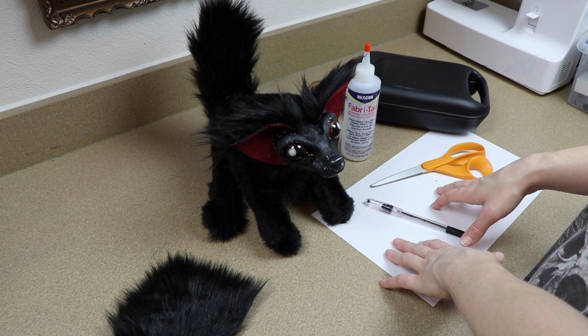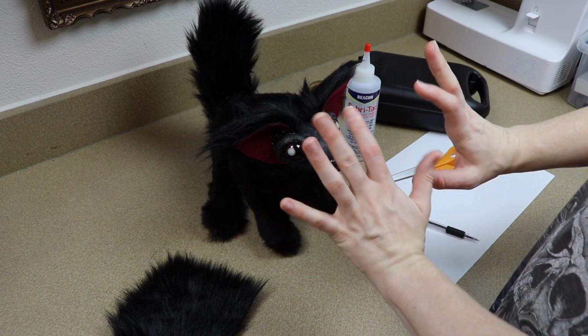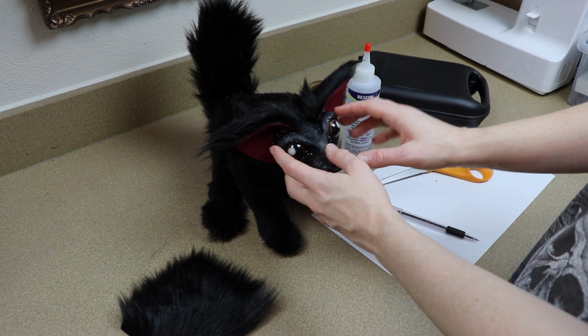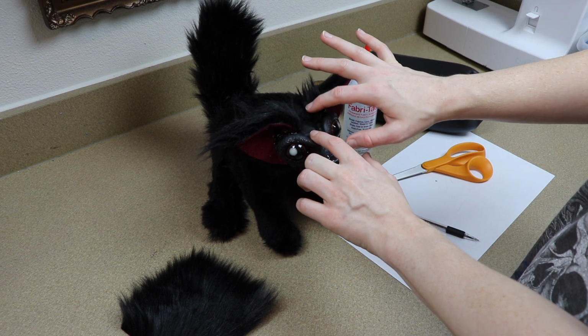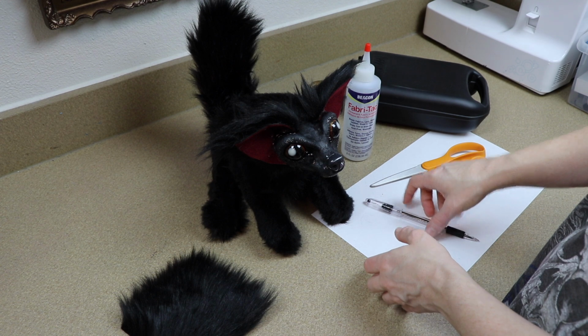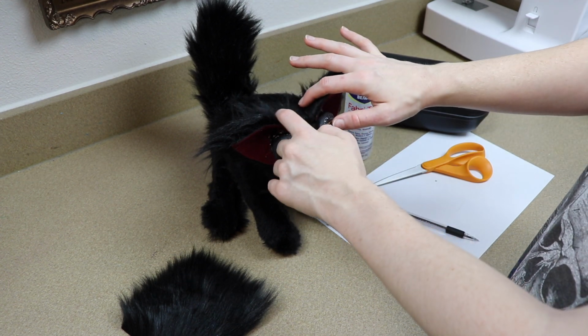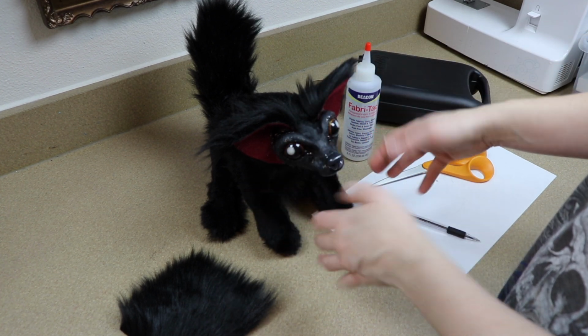We're going to use this first because what I like doing is I don't want to take forever furring the entire face by just using fur trimmings. So what I'm going to do is I'm going to figure out different spots, like say the forehead, and we're going to figure out the size of that by sketching it out, and then we're going to cut pieces of fur fabric to fit in here. That way the more larger portions of the face we can just glue fur fabric over